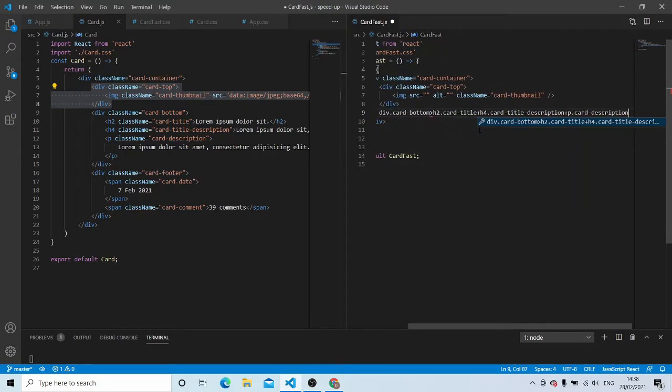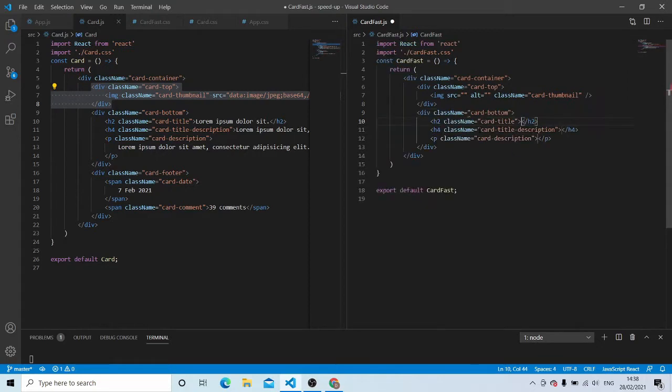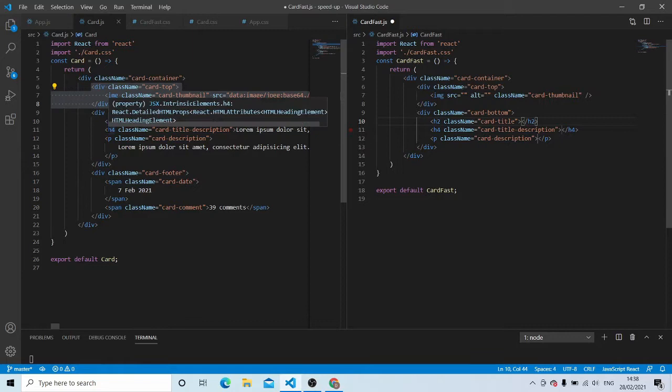Is that how you spell it? Okay, I hit tab, and now I have all those 3. I have heading 2, I have heading 4, and I have a p tag. Cool. And what's cool about this is that you can see it automatically puts your cursor at this, and you can change where you want to be by simply